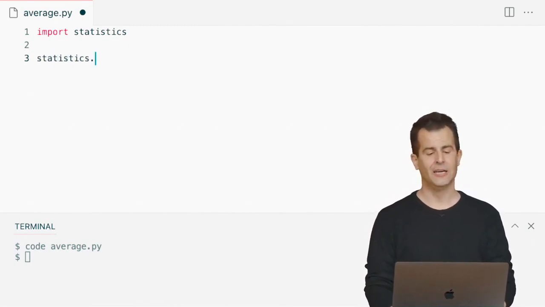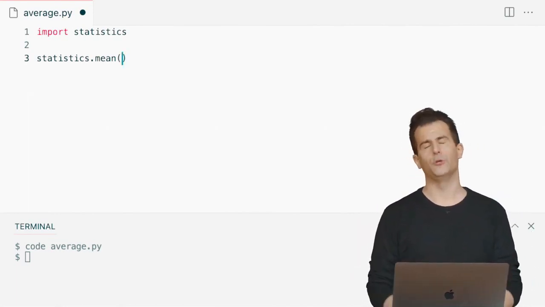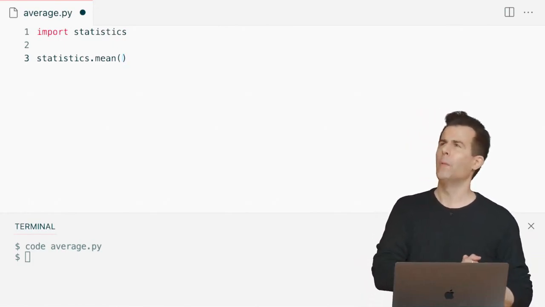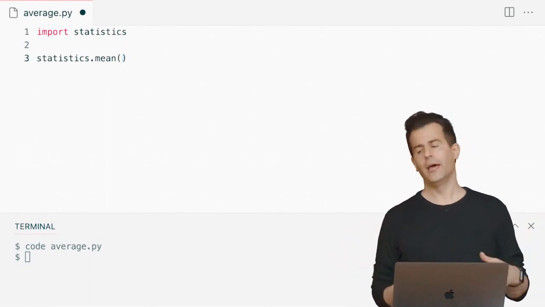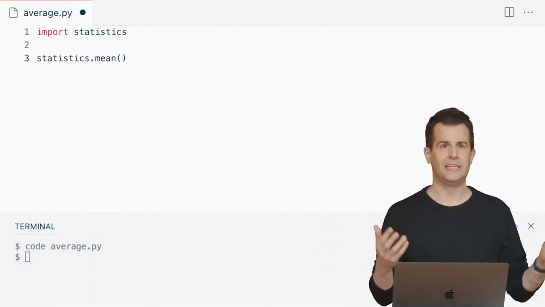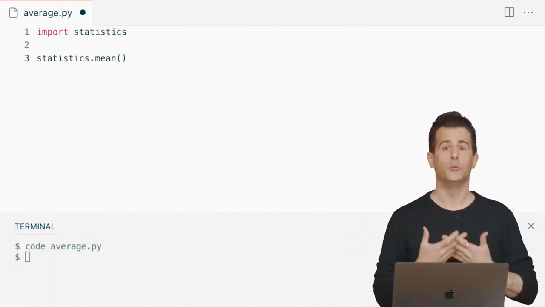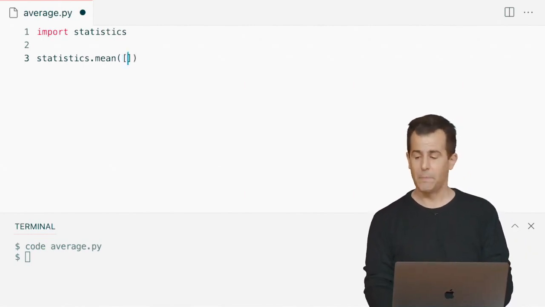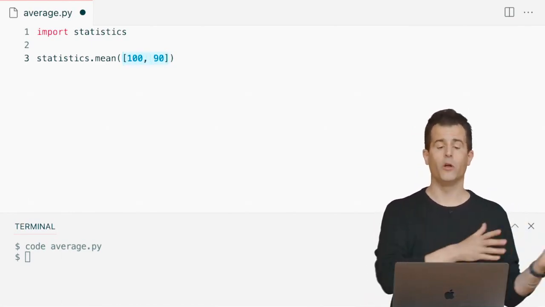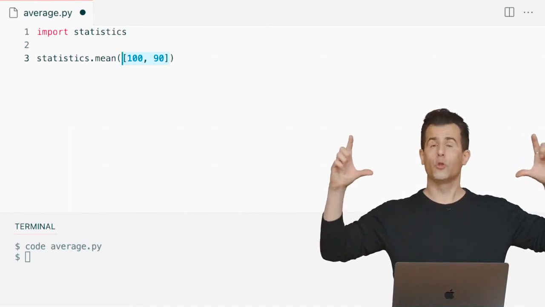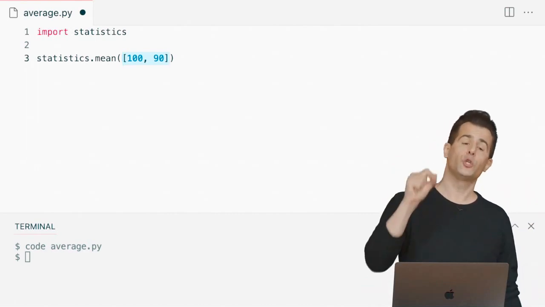And I'm going to call statistics.mean. And I'm going to pass into this function mean a list of some values. And let's suppose that I'm quickly trying to calculate what my current grade average is in school, and I did really well on my first test and I got 100%, and on my second I did well but not as well and I got a 90. And ironically, I'm not very good with math, so I'd like to figure out what my average now is between those 2 tests. So let me go ahead now and in this list type in the number 100, 90, thereby passing in a list of 2 values, 2 ints, 100 and 90, and outside of those are the parentheses because, of course, this is now the argument I'm passing to the function called mean,